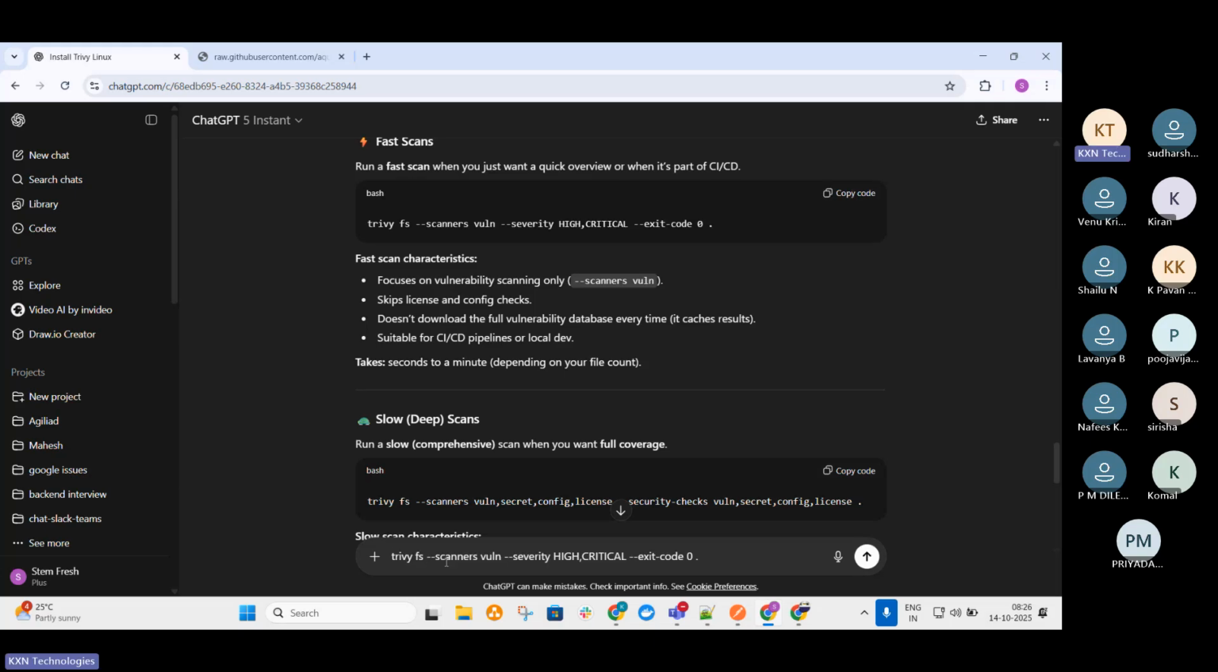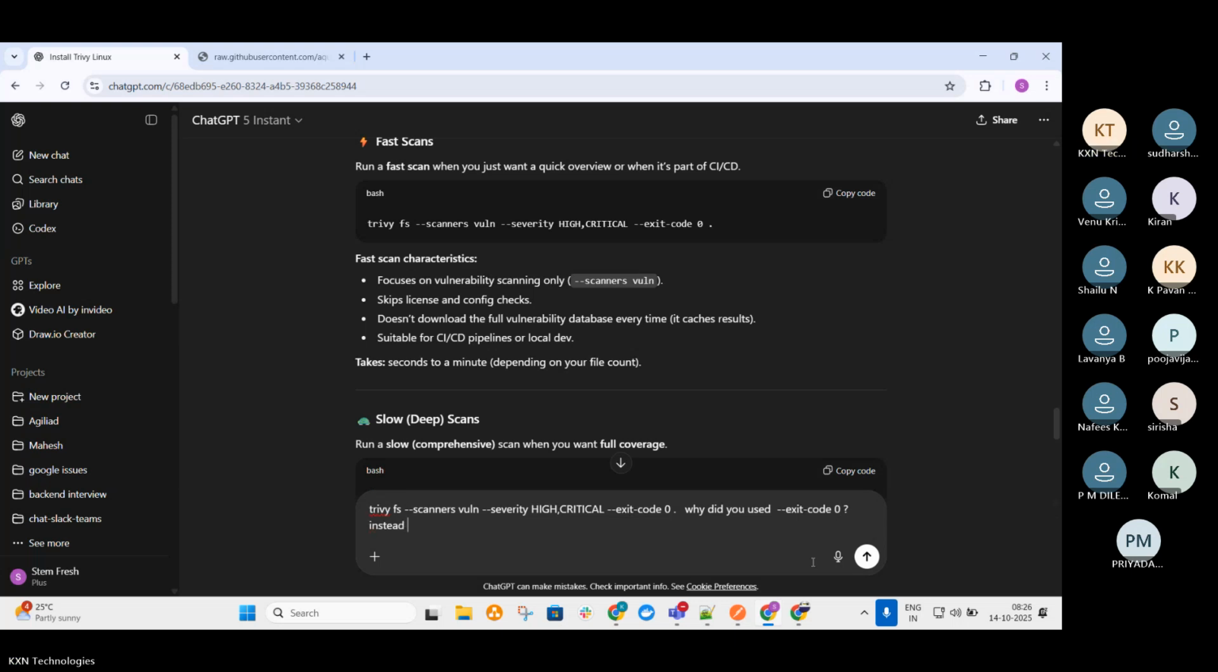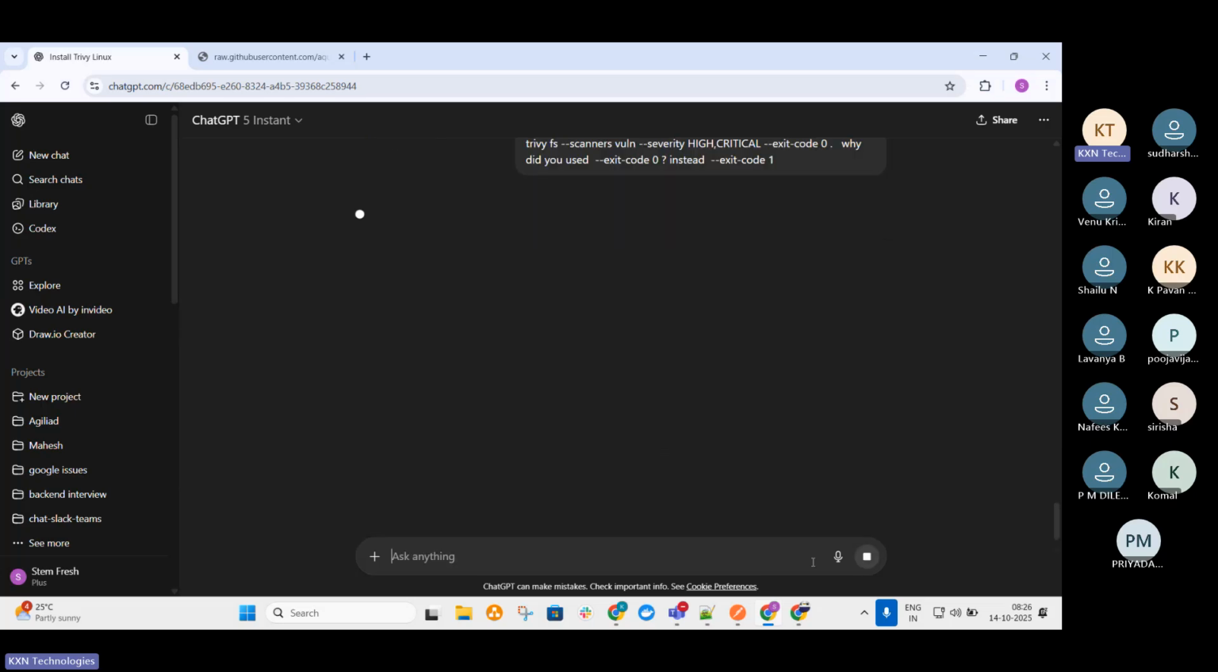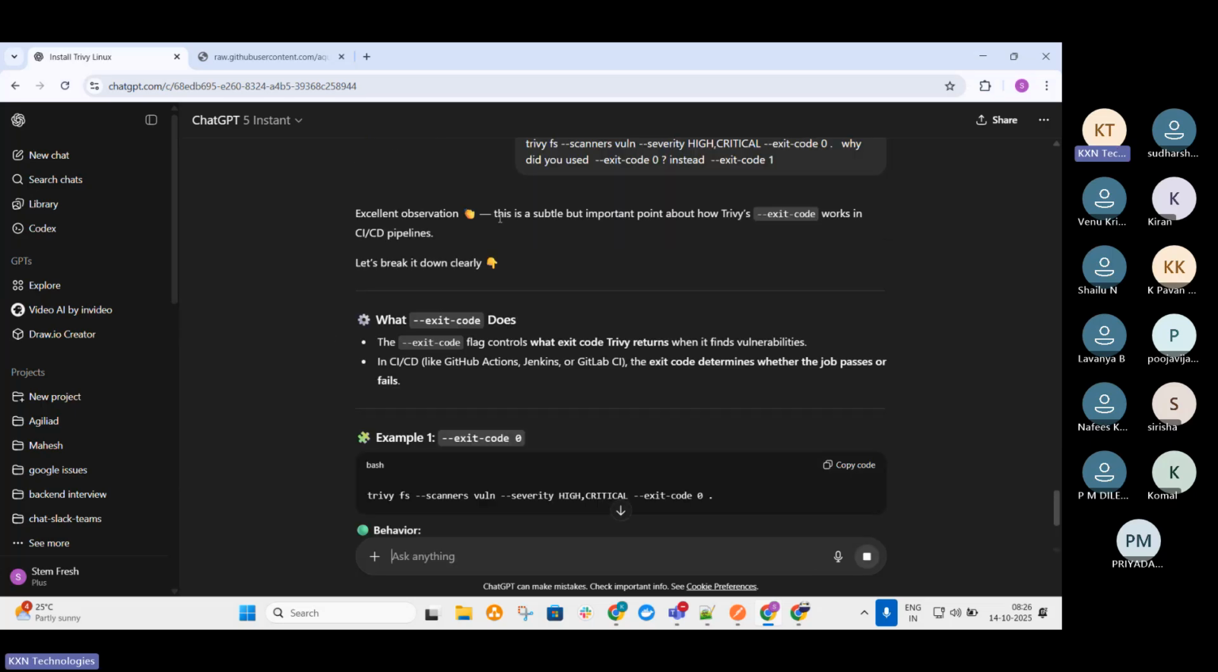Let's quickly ask, why did you use exit code 0 instead of exit code 1? Put a question to ChatGPT itself. This is a subtle but important point: how Trivy exit codes work in a CI/CD pipeline. See here,